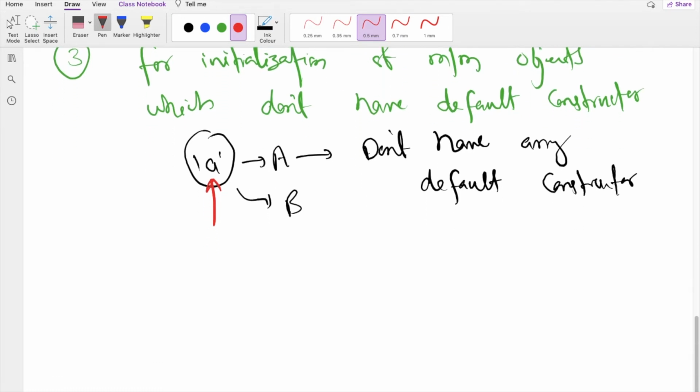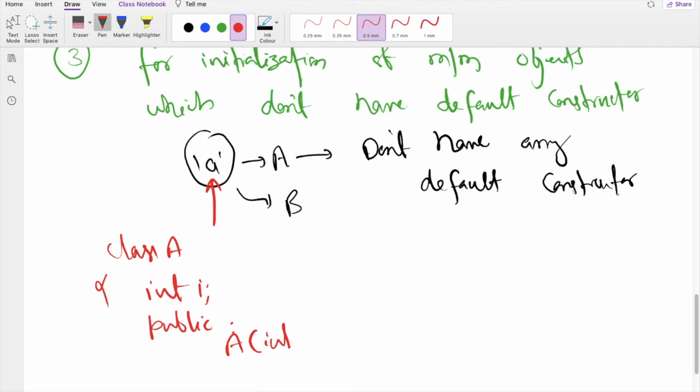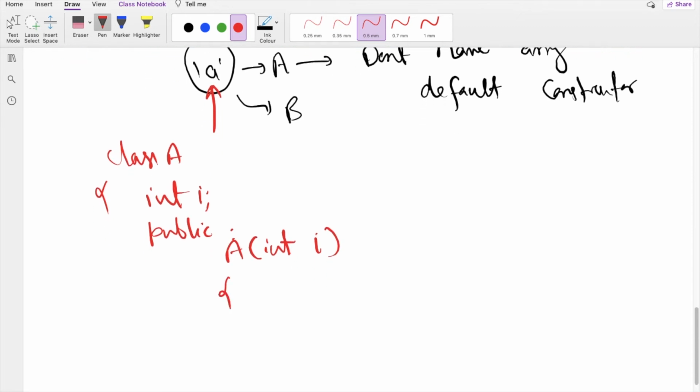So let's write an example for this. Suppose we have a class A and then we have a variable i. Here you have a constructor A accepting an integer argument, maybe i. So in this case we have to write this i = i, or you can use an initializer list. So this is class A, right?